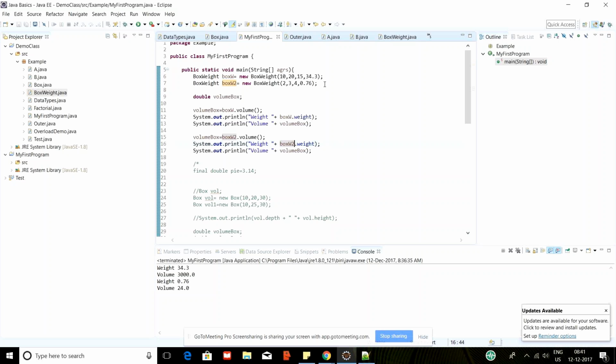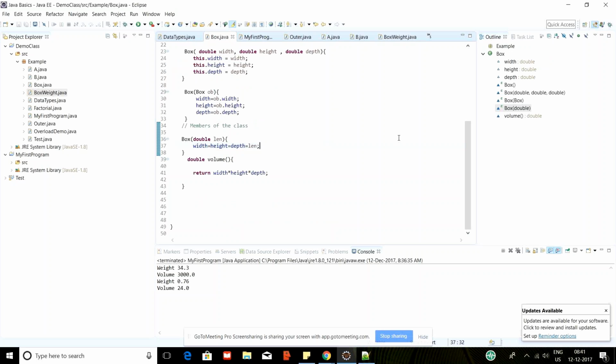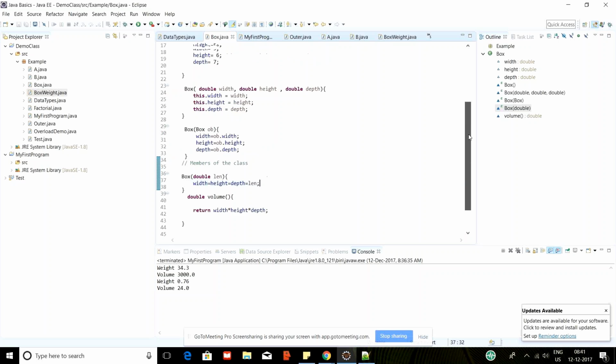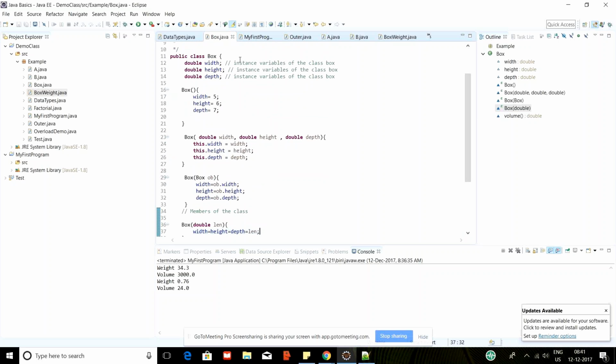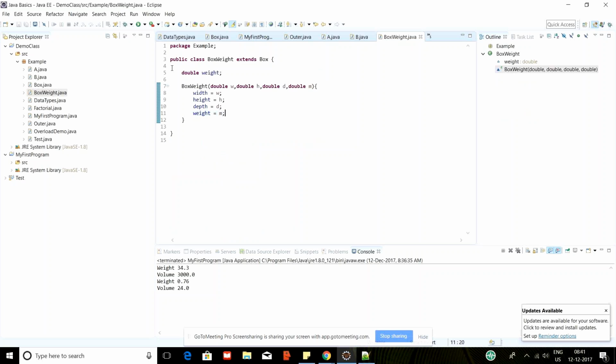Yes. Okay. So, have you checked with the box, like I had created the class Box, this class Box? Then I have written the width, height, and depth. I have defined different constructors. That is a default constructor. This is a constructor with the height, width, depth. Then I'm done with the box and BoxWeight. I have just extended this Box. This is a subclass with a weight, and I have written a constructor which